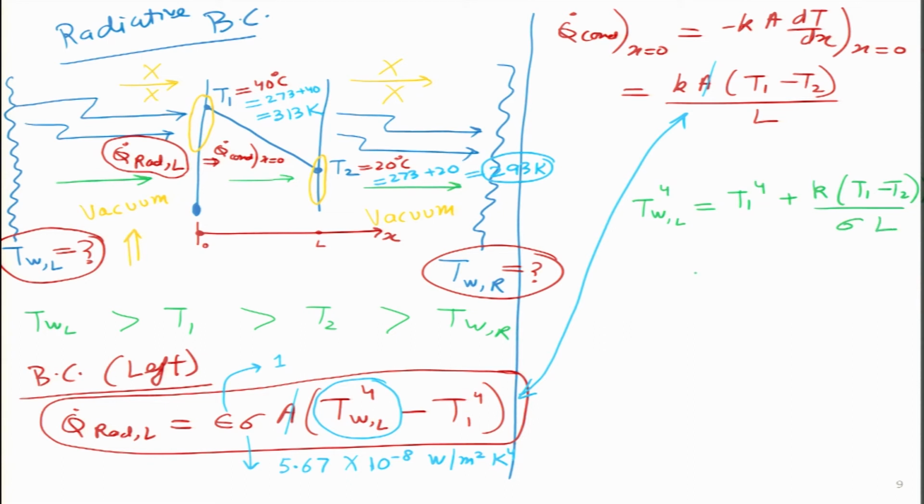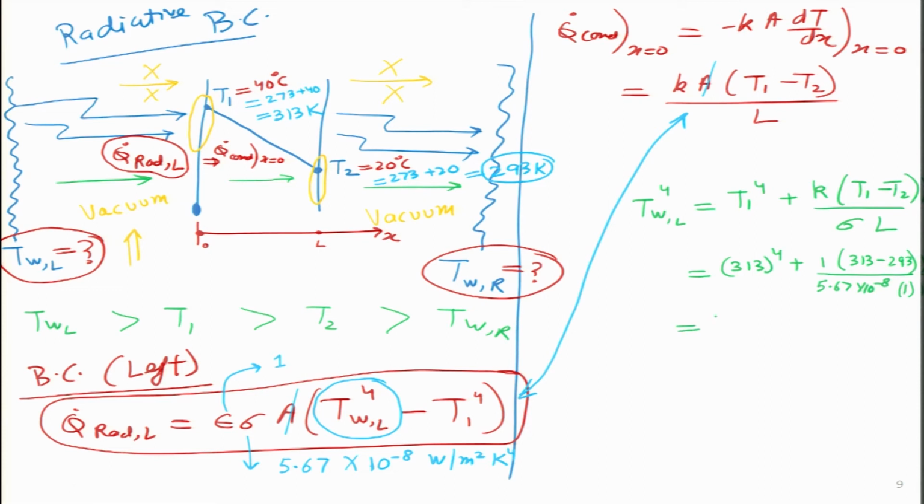And these values I can plug in over here. The only thing I will remember is I have to use only Kelvin over here. So, I will not say this is 40 to the power 4, I will say it is 313 to the power 4. K value I am taking 1. So, this difference I will again calculate in Kelvin. So, this is 313 minus 293, sigma value is very small, 5.67 into 10 power minus 8, multiplied by length value, which is 1. Because this is a very tedious calculation, I need a calculator in order to solve that.